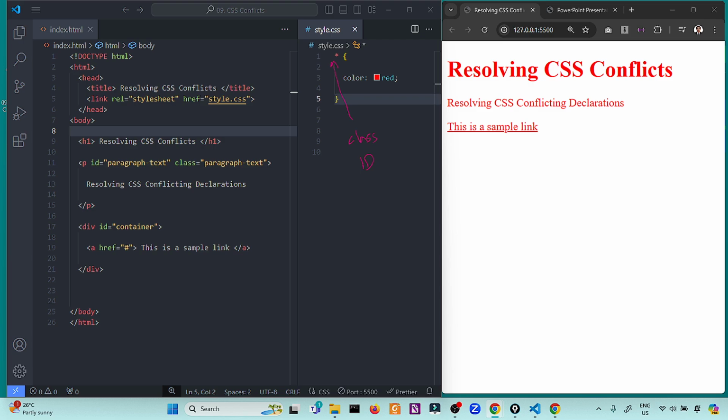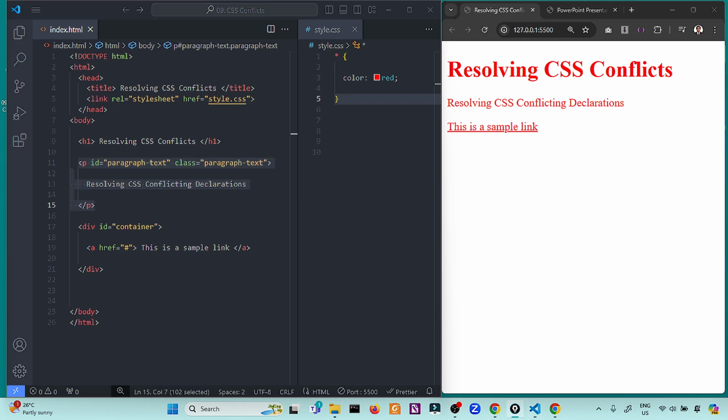Next, we have the element selector. The element selector targets specific HTML elements. In this case, we have, for example, a p tag. It has a higher specificity than the universal selector. So all paragraphs will be blue if we design a paragraph as blue, overriding the universal selector's red color. Element selectors are very useful for applying styles to specific tags, but they can be easily overridden again by class, ID, or inline style, which have a higher specificity.